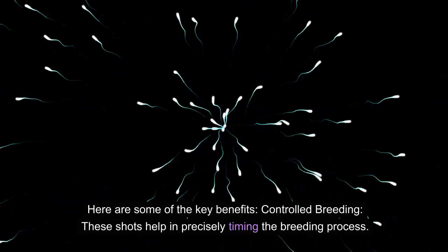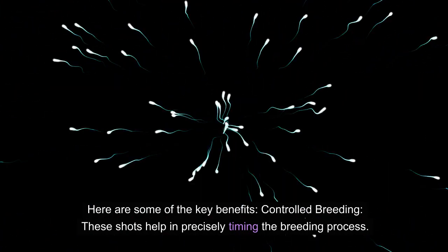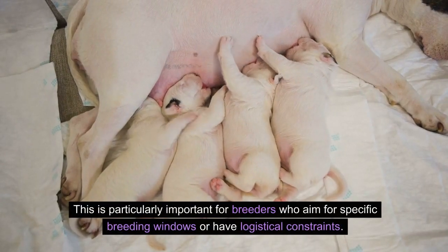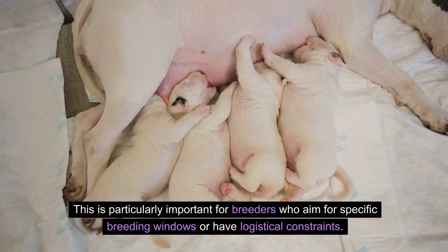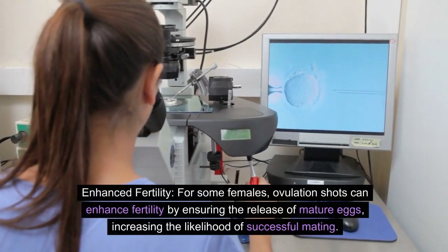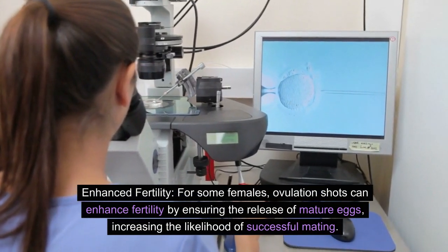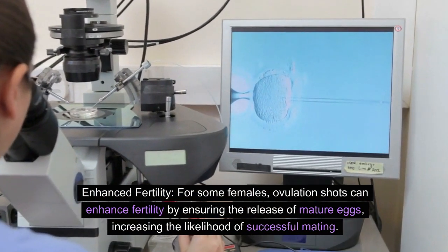Controlled breeding. These shots help in precisely timing the breeding process. This is particularly important for breeders who aim for specific breeding windows or have logistical constraints. Enhanced fertility. For some females, ovulation shots can enhance fertility by ensuring the release of mature eggs, increasing the likelihood